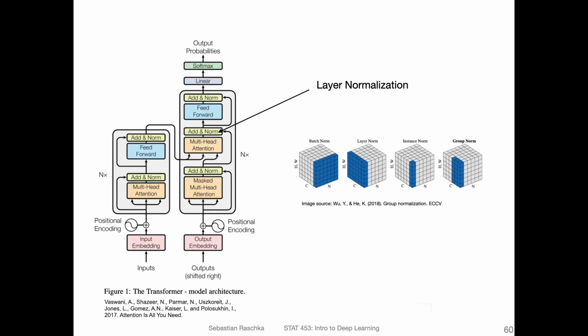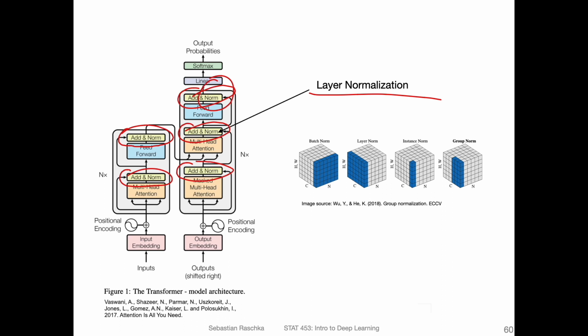Okay, so next let's talk about these add and norm layers. What are those? We can find them everywhere in the network. The add corresponds to the residual, the skip connections that I just mentioned on the previous slide. But what is now the norm part? The norm corresponds to layer normalization. We haven't talked about that yet, so I wanted to actually talk about it in the convolutional neural network lectures, but they were already so long that I decided to skip that.